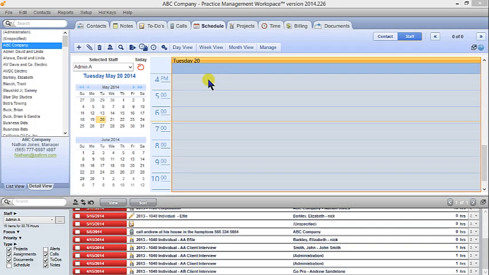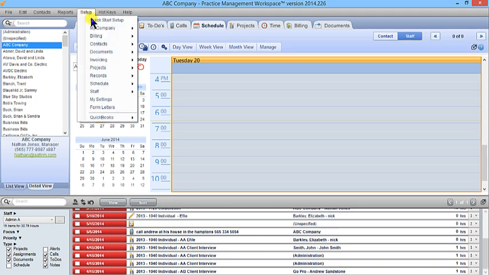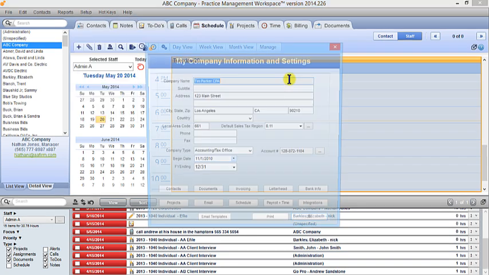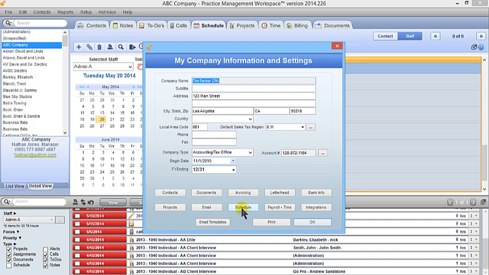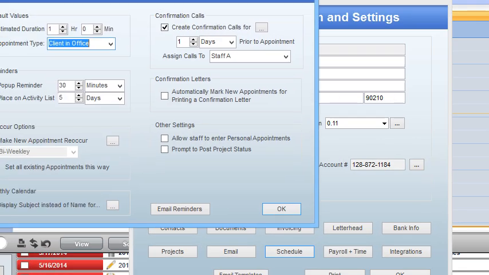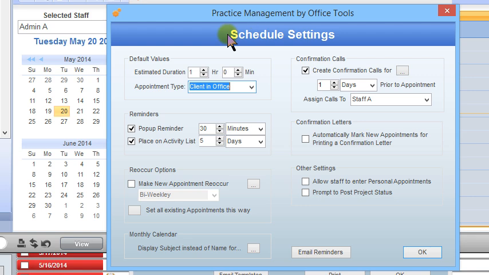In this video, we're going to talk about global schedule settings. To get there, we go to Setup at the top of the screen, My Company, Information and Settings, then the Schedule button. When the schedule settings load up here, the first option that we have in the top left is default values,